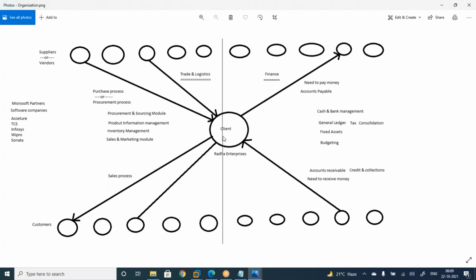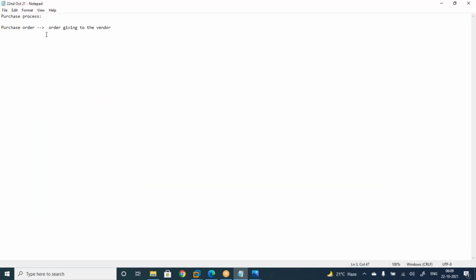Nowadays it is not required because you are informing over phone or through email, because you are updating a purchase order. Here purchase order means you are giving an order to the vendor organization.